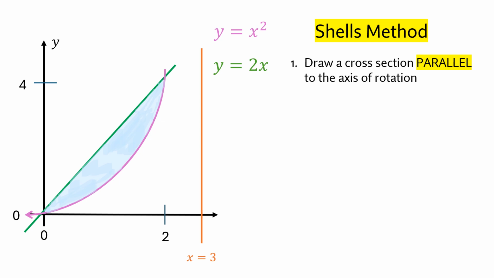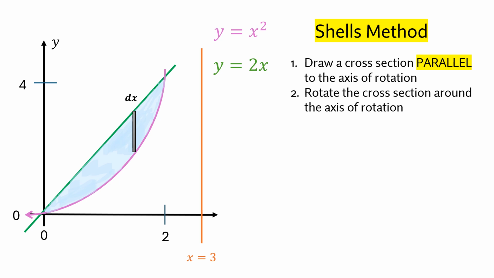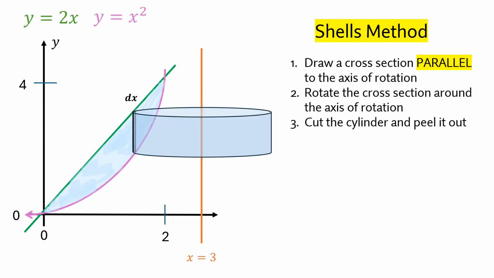So we're going to draw a cross section parallel to the axis of rotation. That's for the shells method. And the width of that cross section is some tiny, arbitrarily small amount called dx. And we're going to rotate that cross section around the axis of rotation. And this gives us just a general idea. We just chose one random rectangle and one random cylinder,